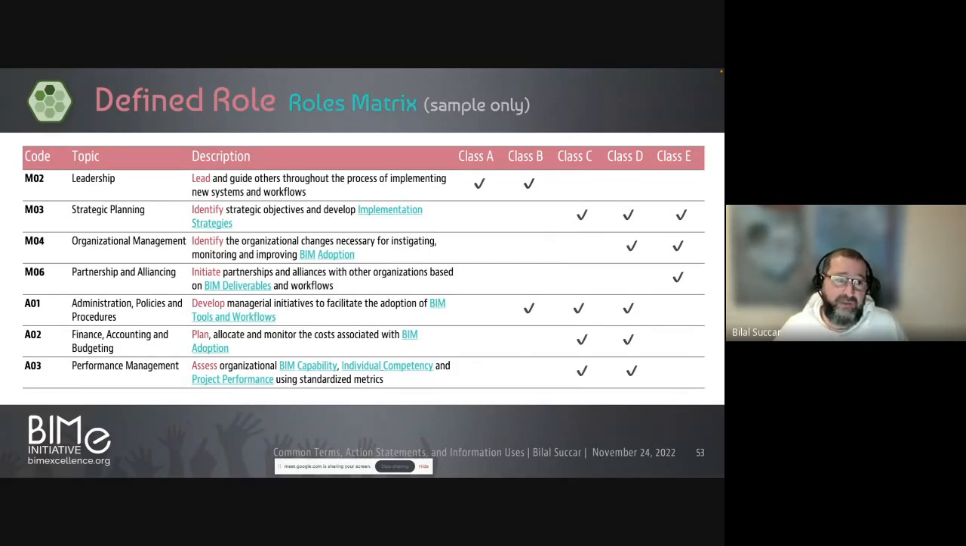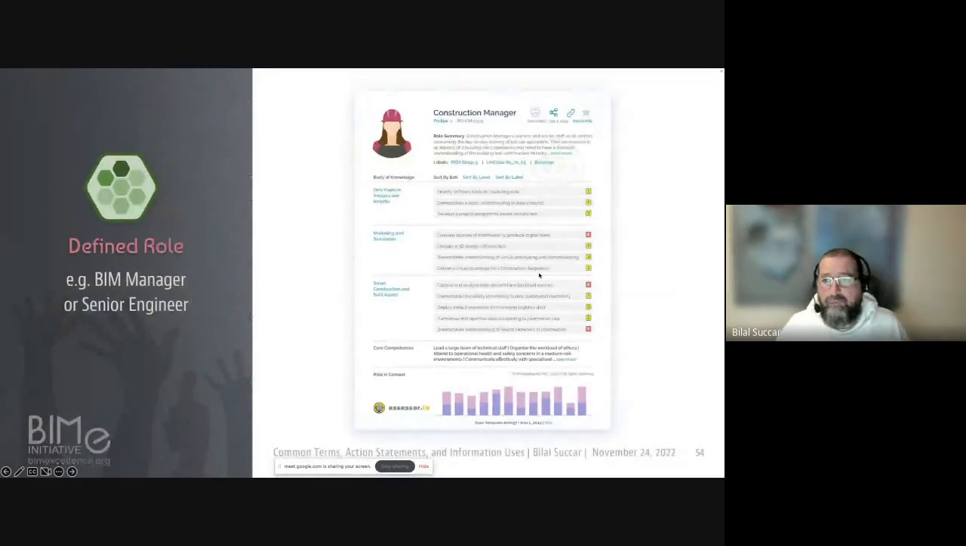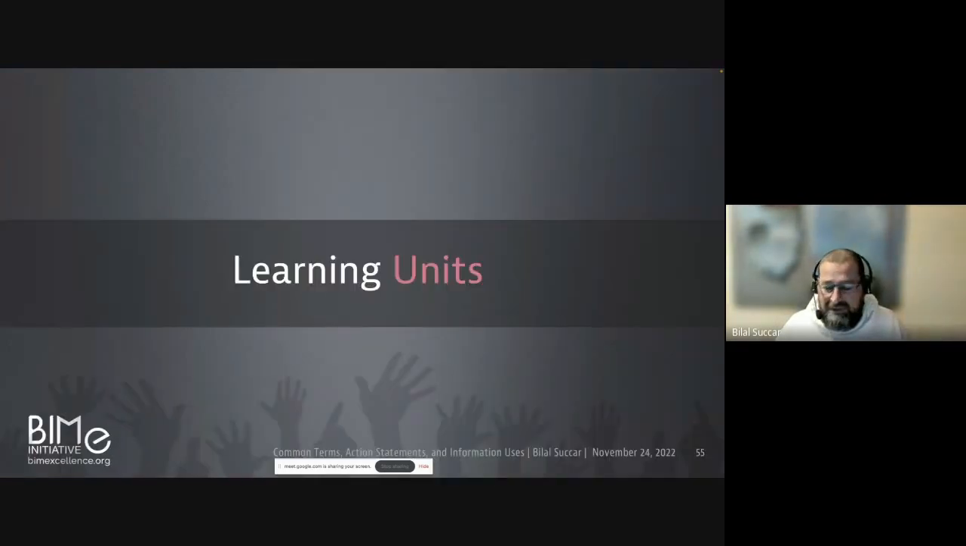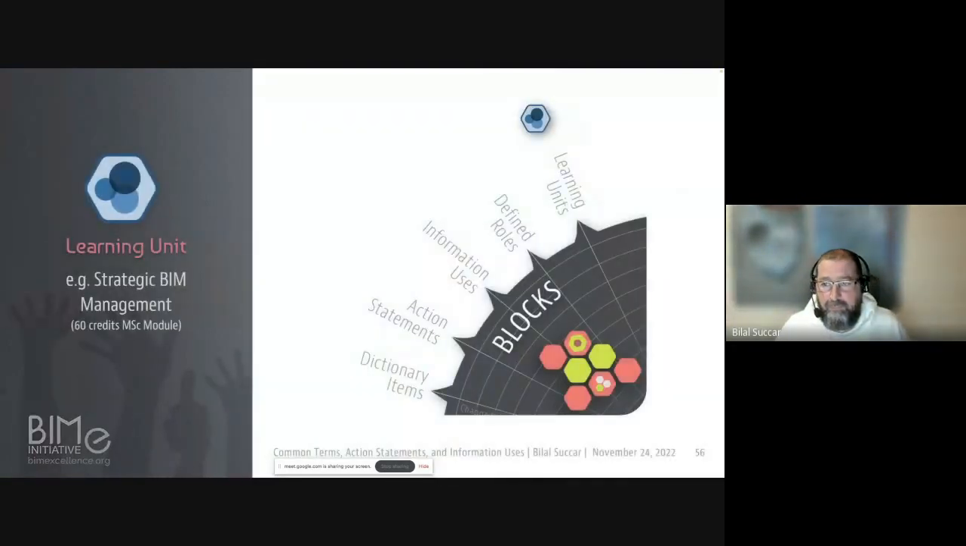or we can use a matrix, which is a simpler way of doing it. Also here you can see statements, you can see dictionary items, and against the classes, you can create a kind of profile, like for a construction manager, what they are expected to have at what level, and you can use this to assess them or to develop learning materials for them or to provide certification for them, which leads us to the last block I'm going to cover today,